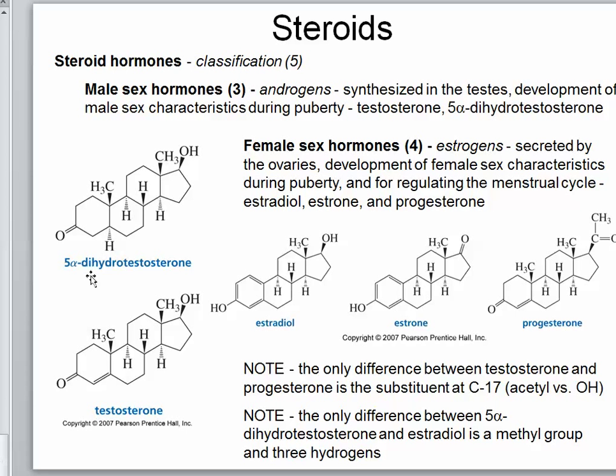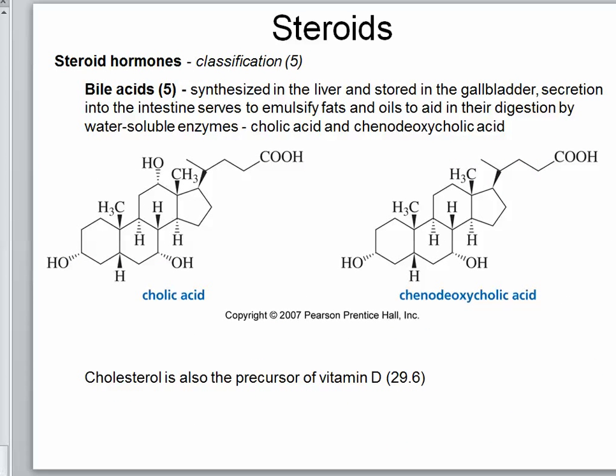We also see what we call 5-alpha dihydrotestosterone, known as DHT, and this is the molecule that they have linked to baldness. Estradiol, progesterone, testosterone, all of these are sex hormones or regulate the difference between male and female. So these are steroids as well, and a lot of people don't really see that coming. And then you have your group of what we call bile acids.